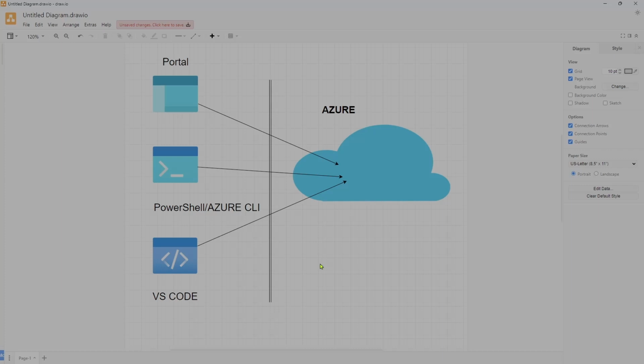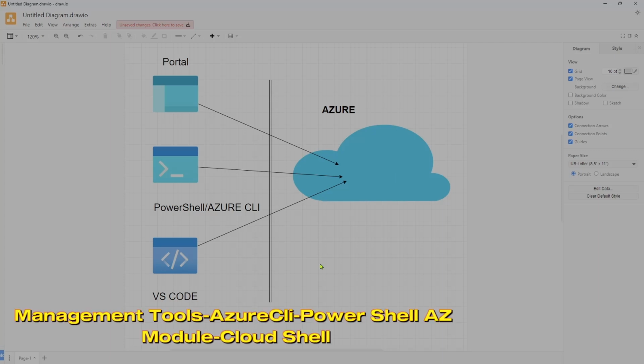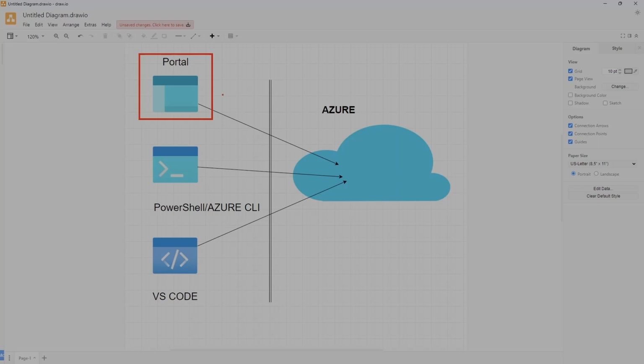In this video, let us understand what are the tools which are available to create services or resources on the Azure cloud. The main tool which is provided by Microsoft is the portal itself. Once you log into the portal using your credentials, you will be able to connect to Azure cloud and create